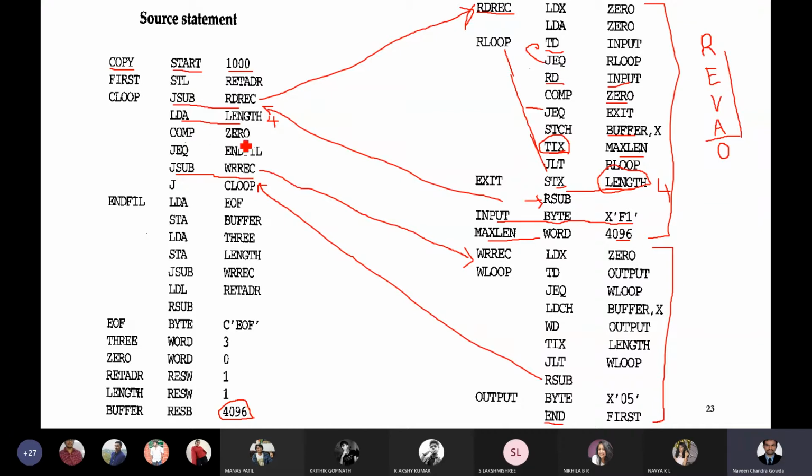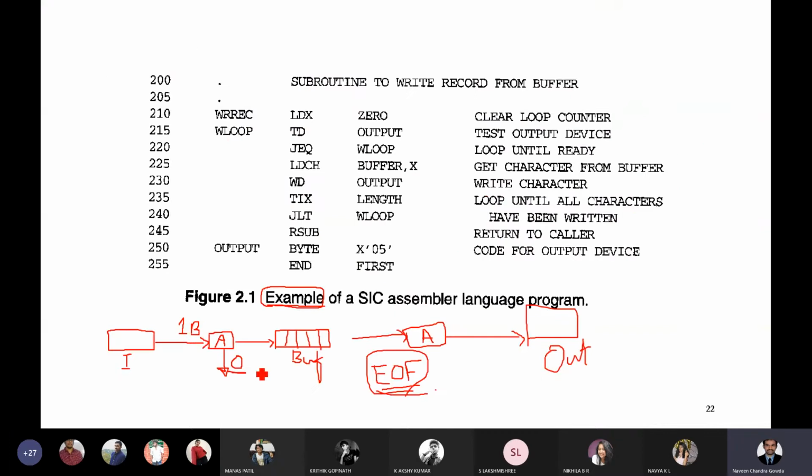Then you are comparing with 0. Why compare with 0? Because in the diagram, when I showed you, I told you clearly that while reading the data, there may be the possibility that the first character itself is 0. If the first value itself is 0, you will never read anything. It means the buffer contains nothing. When the buffer contains nothing, what will you write to the output device? You will write only EOF. Is it clear? If the first value itself is 0, you stop the input process there itself without reading anything. So the buffer contains nothing. In such a case also, you should write the data which is EOF to the output device.